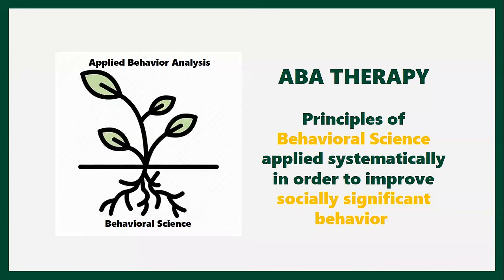And again, even this doesn't say autism in here either, right? So ABA can be used for other things as well. There's lots of therapies that are based on behavioral science that aren't specific to autism. But we know that a lot of therapies for autism are very much tied to behavioral science.